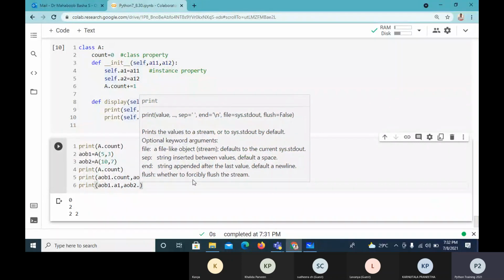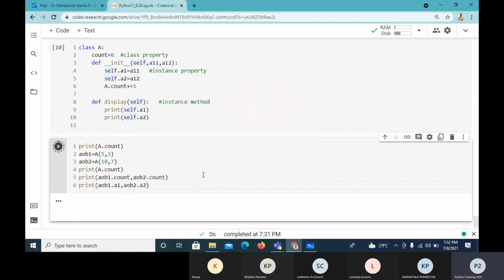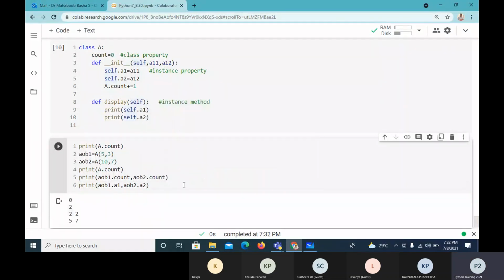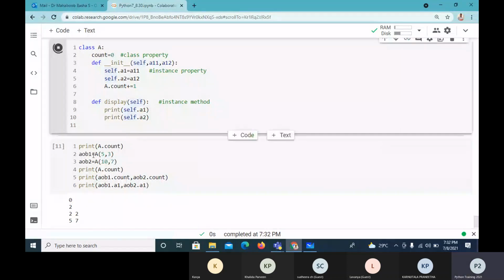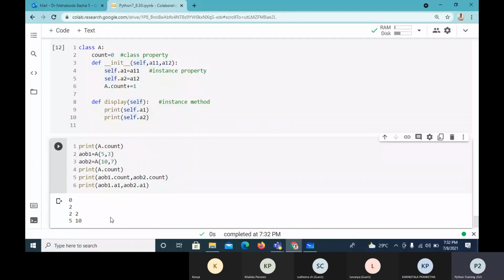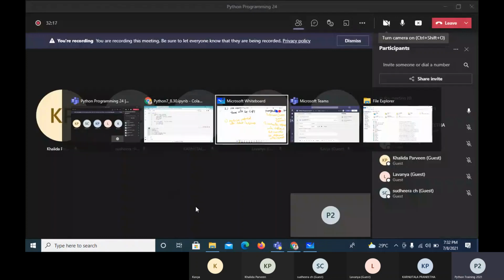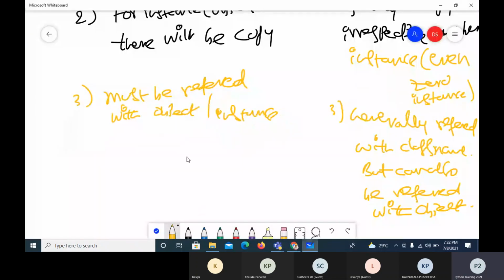So there are two copies, and I must refer to it with the object name. So AOB1.A1 is 5. AOB2.A1 is 10.